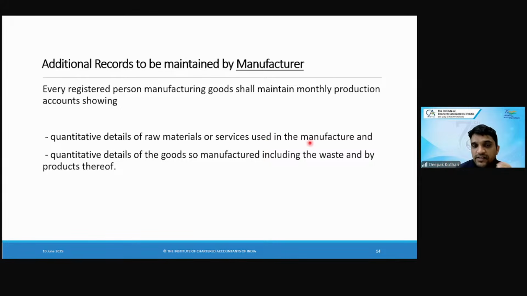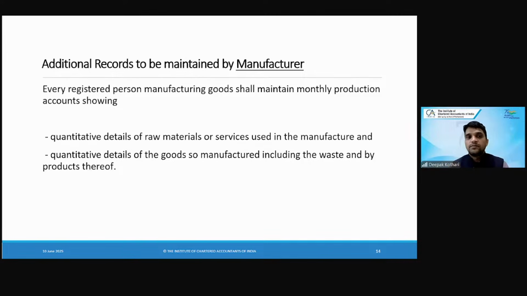the raw materials or services used, quantitative details of the goods so manufactured। So raw materials के details और गुड्स जो मैन्युफैक्चर किए इंक्लूडिंग वेस्ट एंड बाई प्रोडक्ट्स, उसके भी रिकॉर्ड्स मेंटेन करने पड़ेंगे। सो इसको क्वांटिटेटिव डिटेल्स मेंटेन करने पड़ेंगे ऑफ द रॉ मटेरियल्स और सर्विसेज यूज्ड एंड क्वांटिटेटिव डिटेल्स ऑफ द गुड्स विच इज मैन्युफैक्चरिंग। ठीक है। So these are the additional records which a manufacturer will have to maintain।